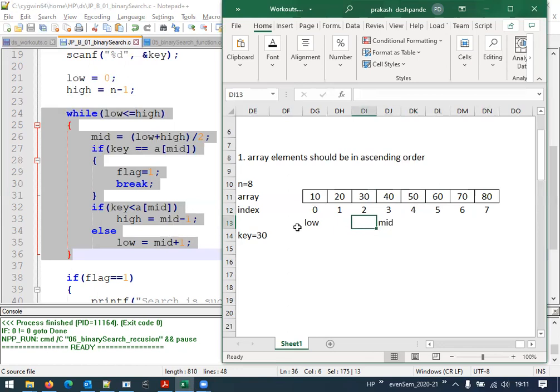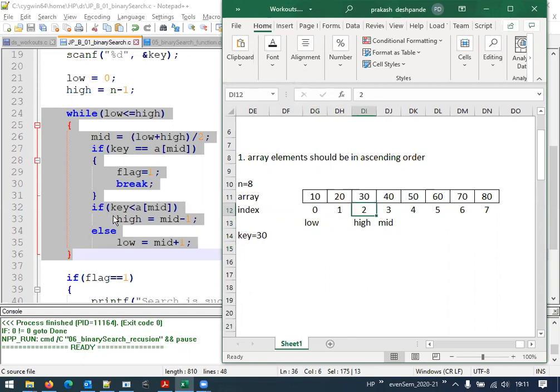So mid minus 1 is nothing but 2. I'm sorry, high is pointing to 2. Correct? Now we have divided the given array. We partitioned the given array. That is the concept of binary search, making it two halves. This is the first half, this is the second half. Two halves we have made here. Now we will focus only on the left half of the array, from where we have partitioned, where low is 0, high is 2.